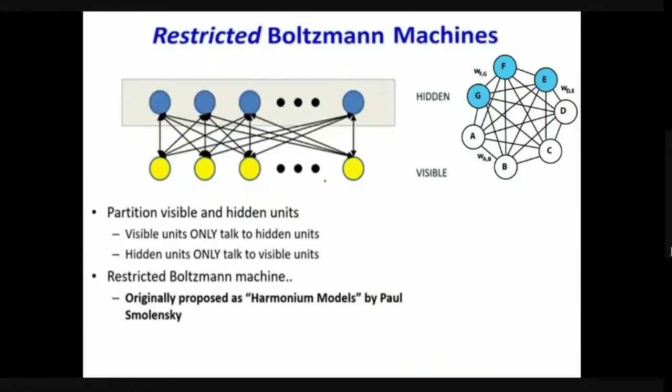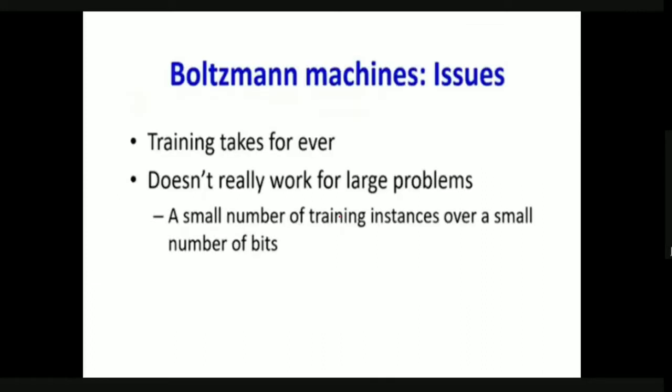In this lecture, we are going to discuss the restricted Boltzmann machine. Before discussing what a restricted Boltzmann machine is, we will quickly see what the drawbacks of Boltzmann machines are. If you remember, in the previous class we discussed the issues with the normal Boltzmann machines. The main drawback of the Boltzmann machine is that the training takes forever.